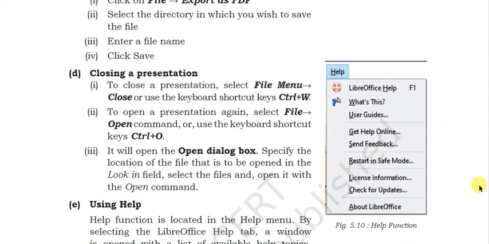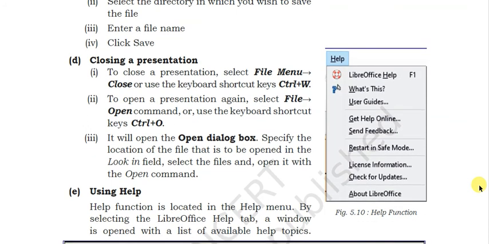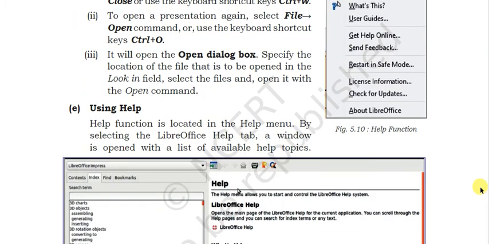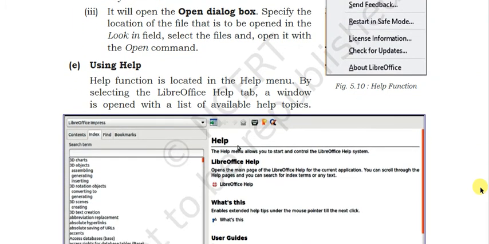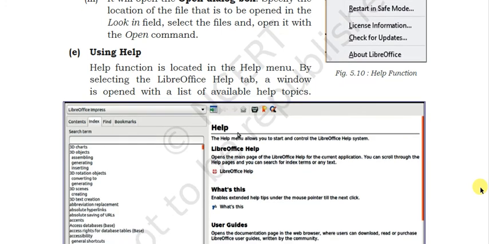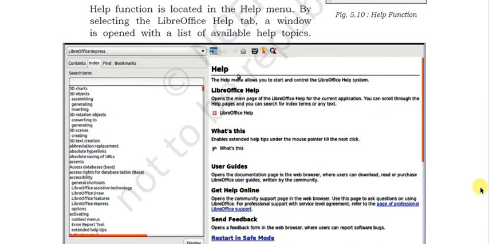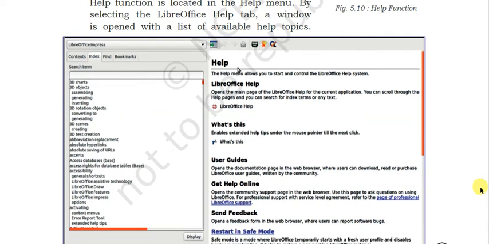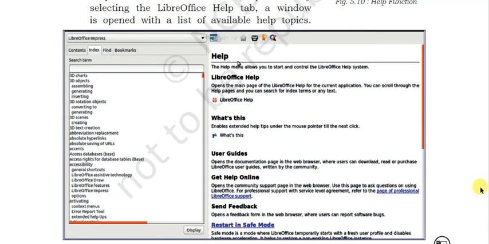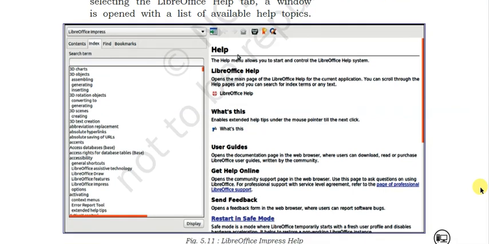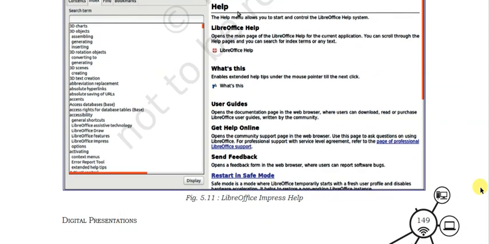You can also get help, which is located in the Help menu. These are the topics that you will find in the Help menu. If you want to search for something related to Impress, the use of this software, you can search here and you will find the exact method of how to use a particular feature of LibreOffice Impress.